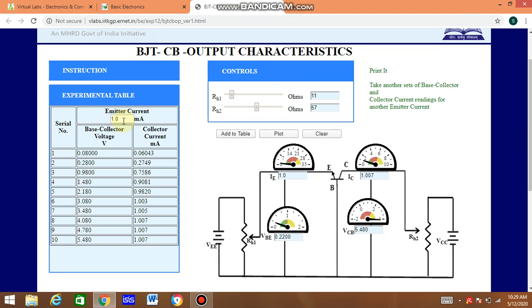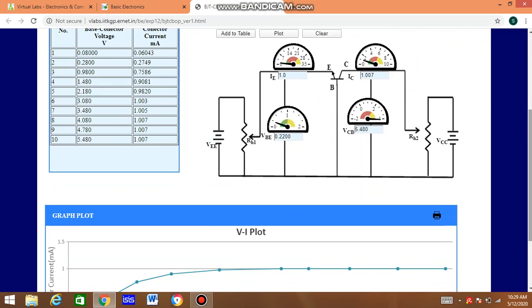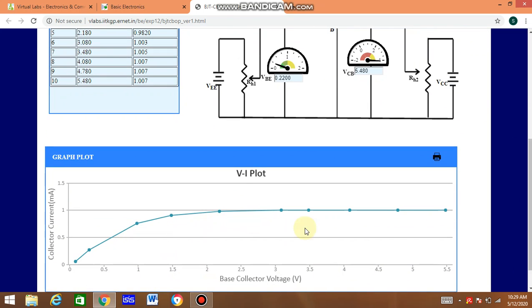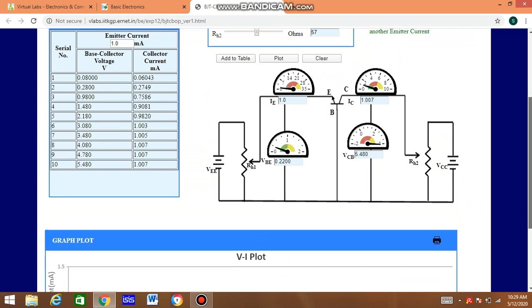We can change the value of IE by changing this value of RH1, and repeat the same procedure for that particular value of IE, and we get a new output characteristic curve like this for that different value of IE. This way we can get many output characteristic curves for BJT in common base configuration by setting different values of IE.